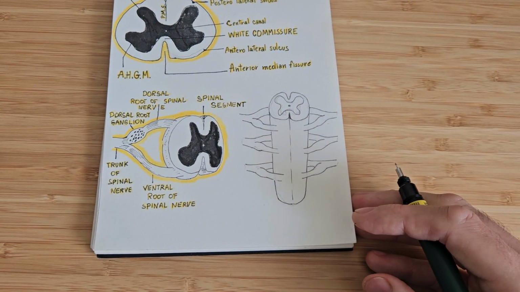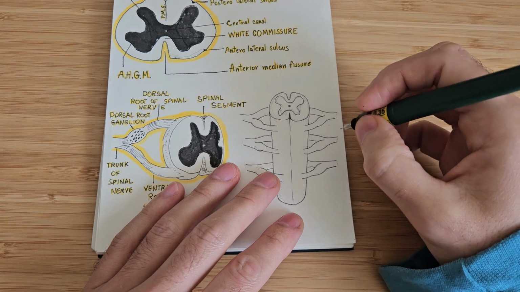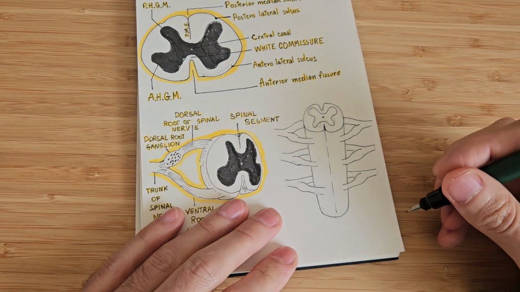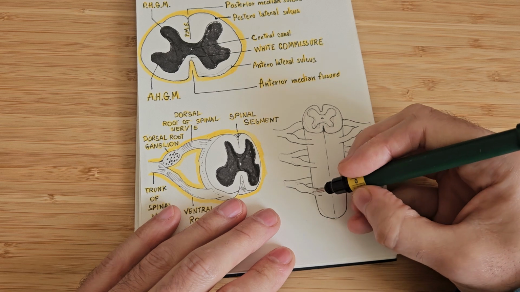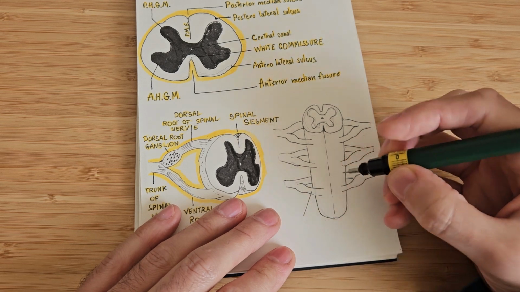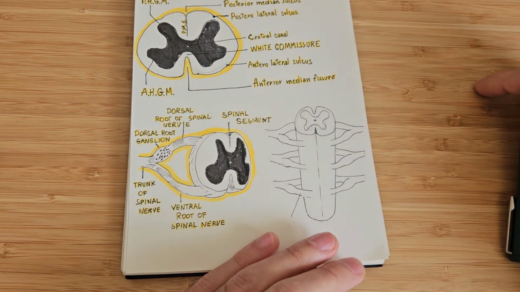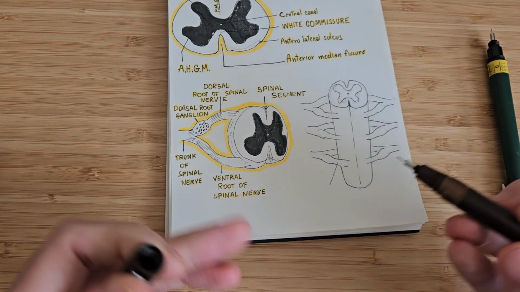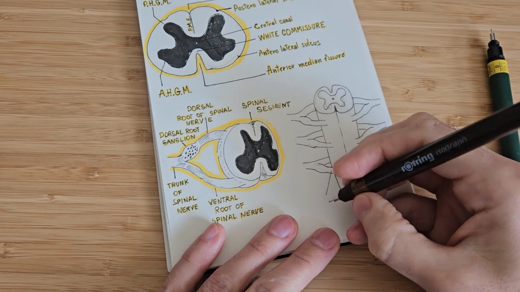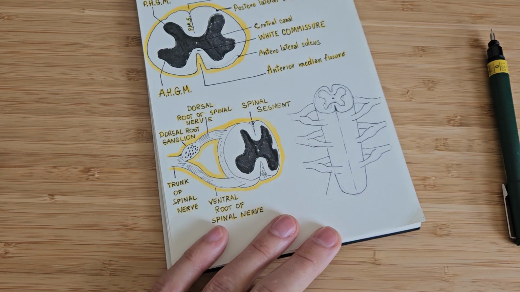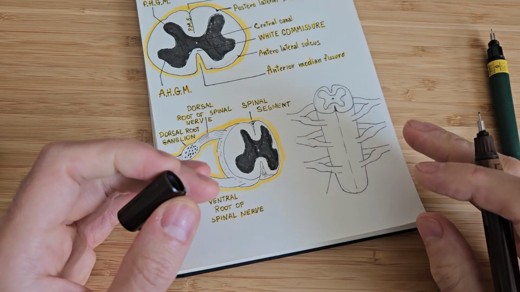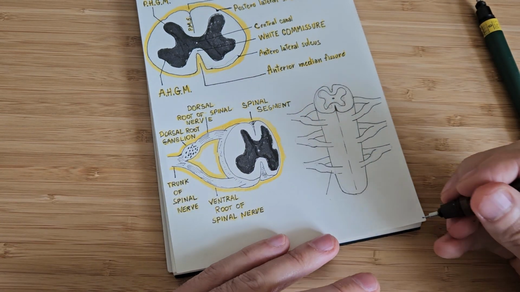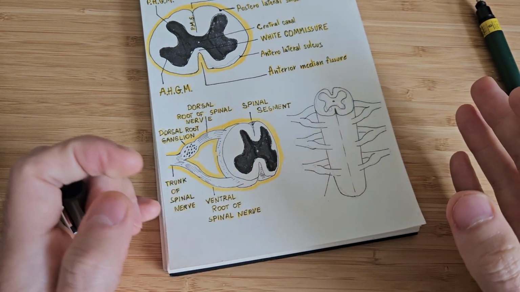Now let me just mark the areas. So this one is the dorsal root of spinal nerve, and let me just use this pen. Dorsal root. This video will be shorter, okay? But if I stick with this kind of video, I can probably make way more videos per week. And at the same time,